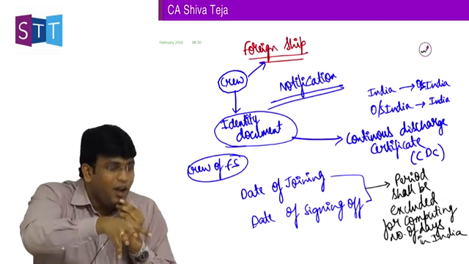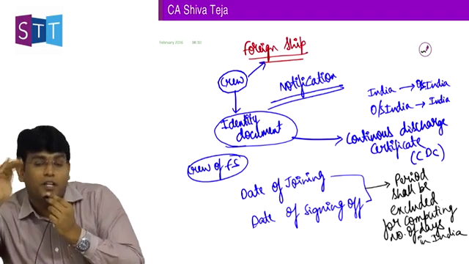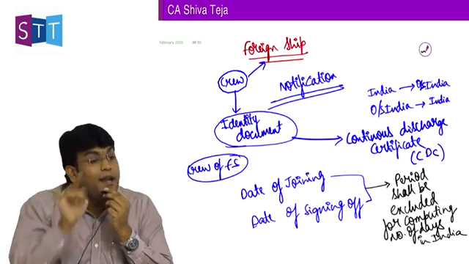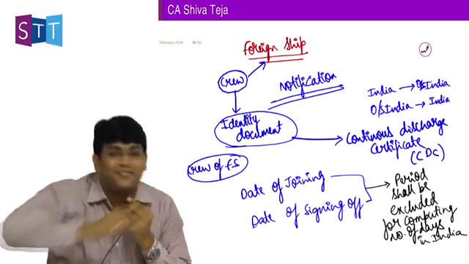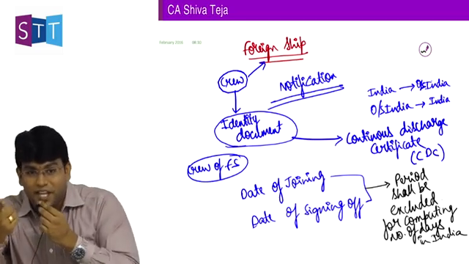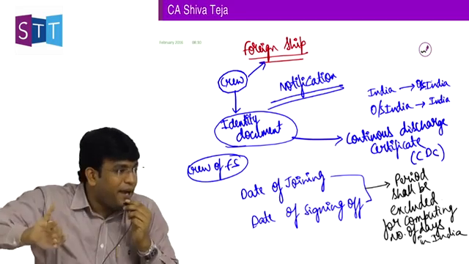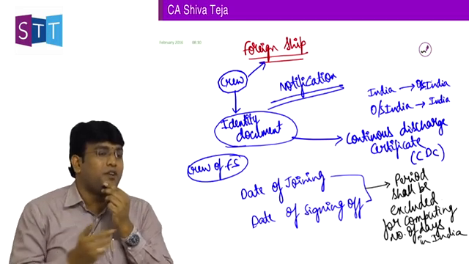That period what you are spending in the ship, I repeat again, is removed for the purpose of calculating number of days in India, even though that ship is in India. Get my language carefully. Even though that ship is roaming in India, still we will remove that period for calculating number of days in India, because law has told it is very difficult for a person like crew of a